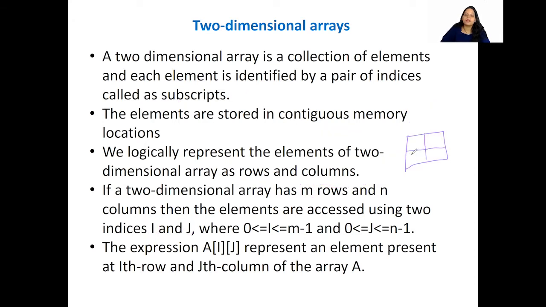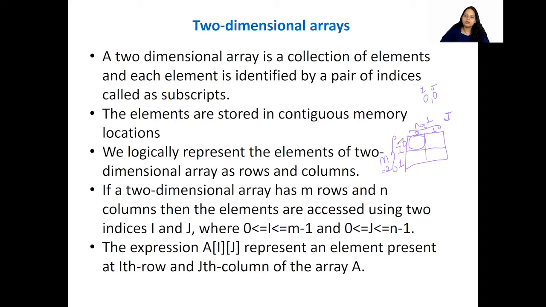Suppose this is my two-dimensional array. m is nothing but number of rows, in this case it is 2, okay, and n is nothing but number of columns, in this case it is 2 again, okay. So suppose I want to access this particular element. For a row I am going to mention i as an index, and for column I am going to represent j as an index. So in this case, see the subscript is 0 and 1 and here the subscript is 0 and 1. So this is going to be i is 0, okay? So 0 comma 0, which is nothing but this particular area. So here i value is 0 and j value is 0.